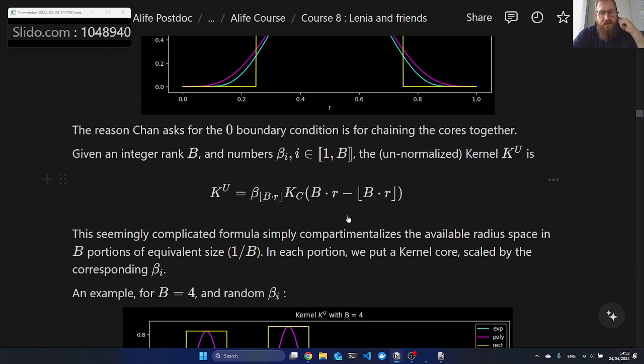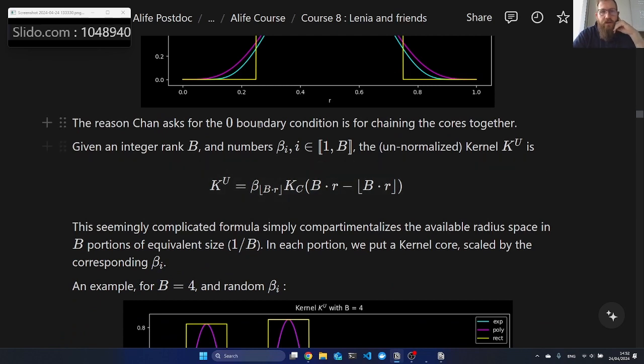It's a bit convoluted the way he does this, but all he wants to do is take several bumps, where B is the amount of bumps, the rank of the kernel, divide the [0, 1] range in an equipartition of B slots, and put one bump in each of these slots with a specific height. So this is what the formula does for you. This operator here means the floor function. So you just get